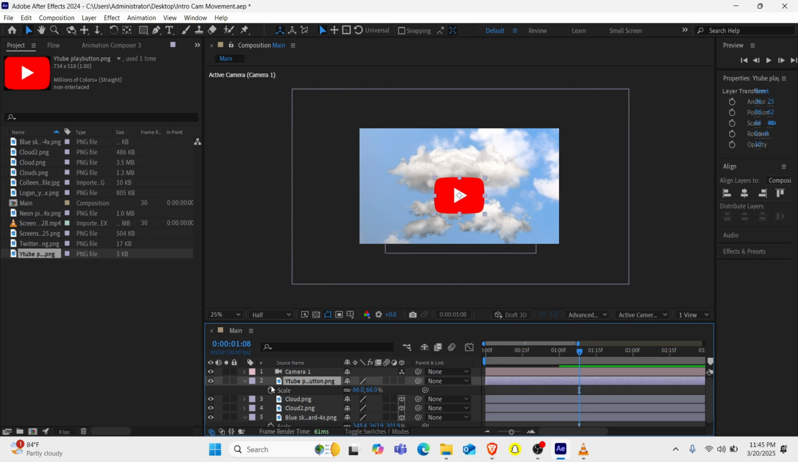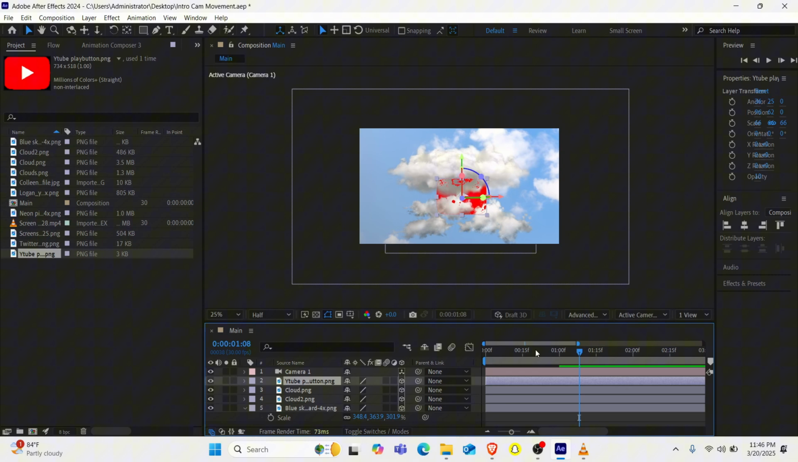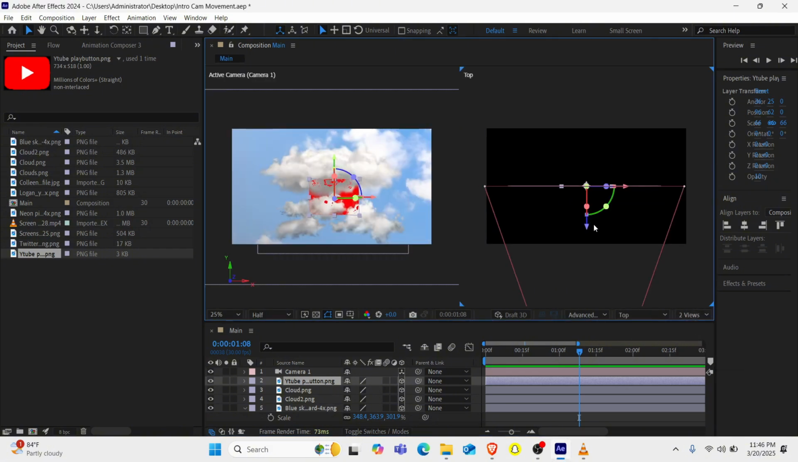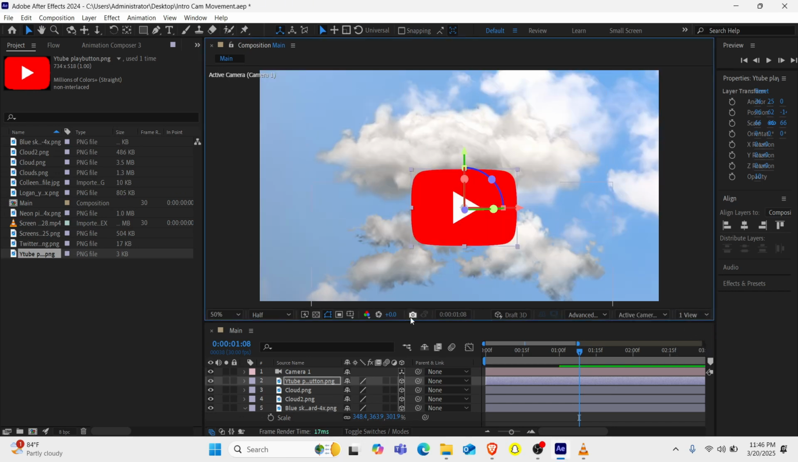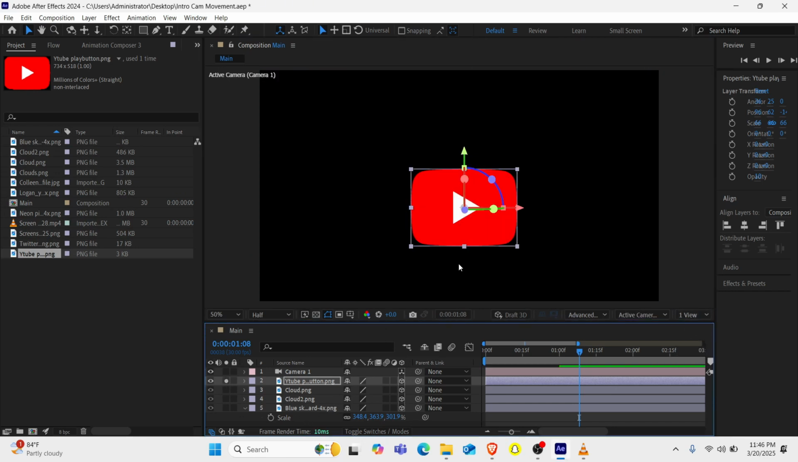And it is not a 3D layer, so in order to make it a 3D layer, you have to click on this to become a 3D layer. I'll go to 2 view to bring it out from the cloud because it's behind the cloud. So I select on it, then I'll drag it like this. You get it? So I'll go back to my 1 view, and now I'll single out the YouTube button